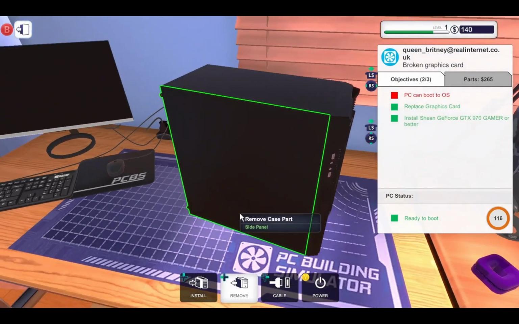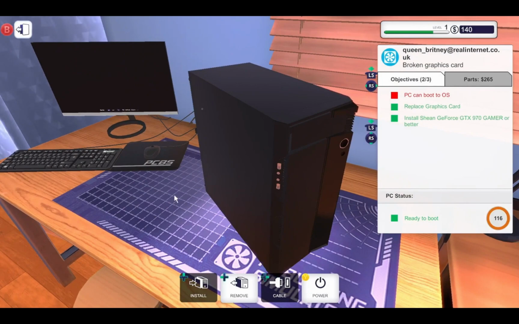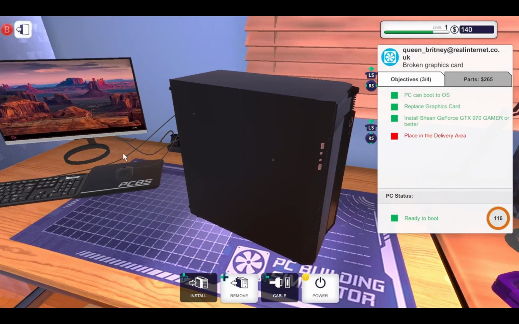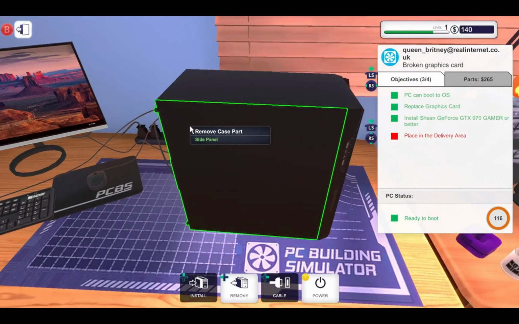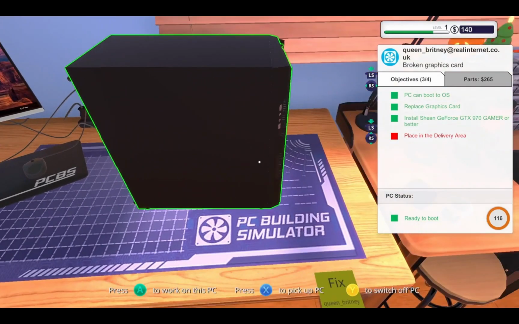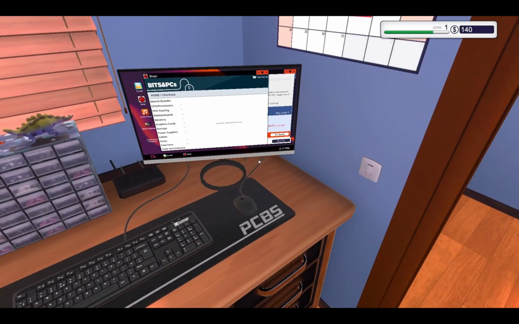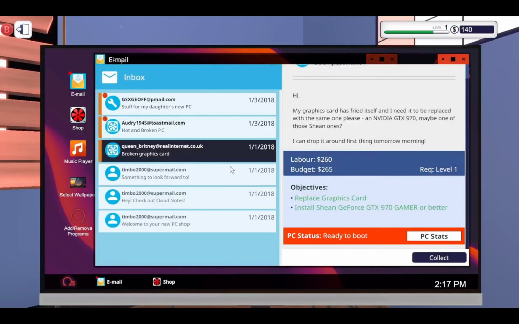Boom, and let's just turn it on and see if it comes on. Hopefully it will. There we go, it is coming on. And let's remove this. And once again, we don't need to do anything with this computer, so let's just put it back over there. And it is done now, so let's go back to our email and collect the money